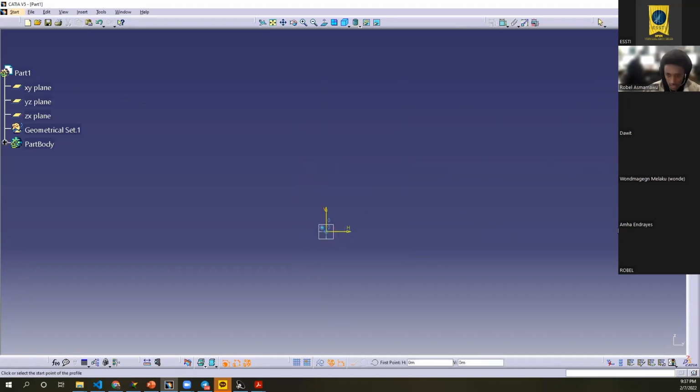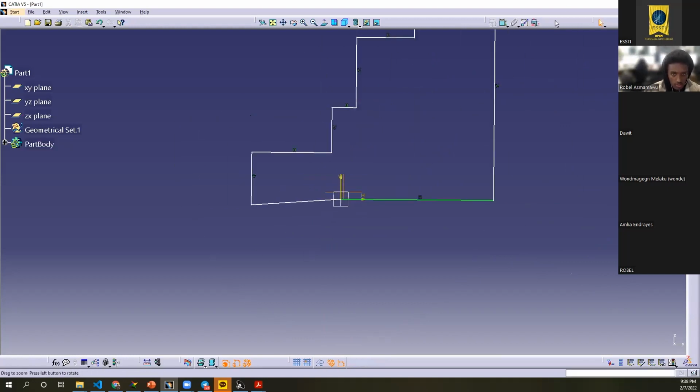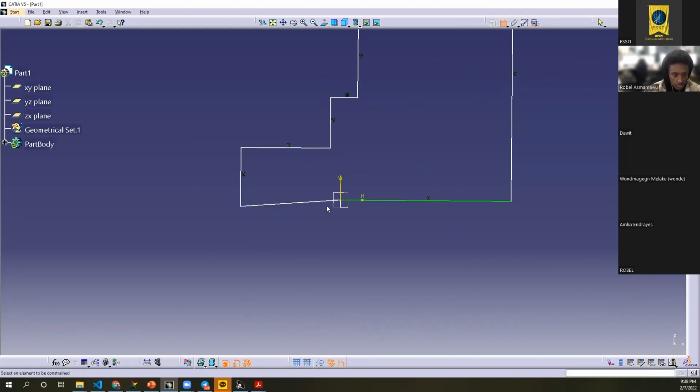This make a vertical line, horizontal line like this, and then make a vertical line. So as you see, it's turning green. Then another line like this, like this, like this, this. One more, a couple more, and like this. Yeah, after we do that, we will go to the dimension tool, and so first we have to